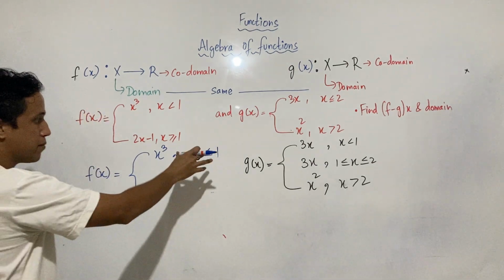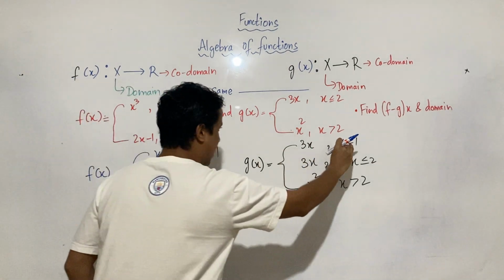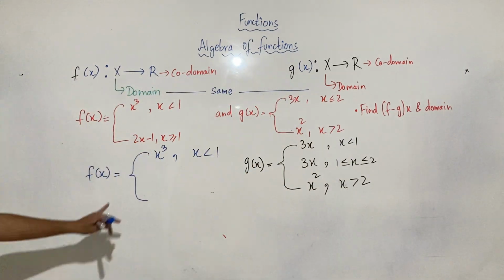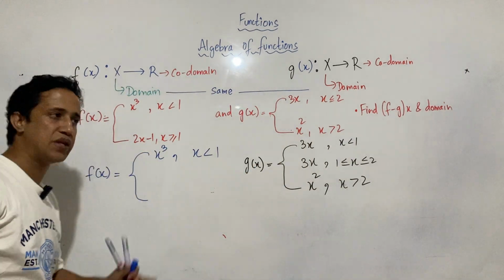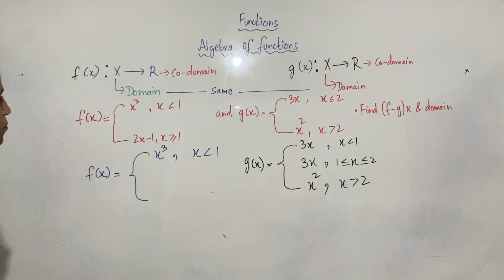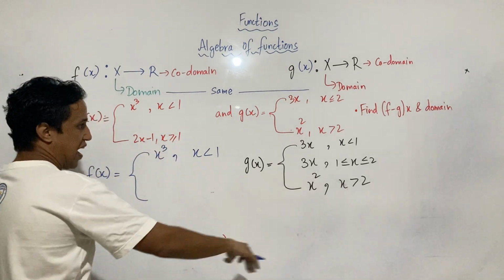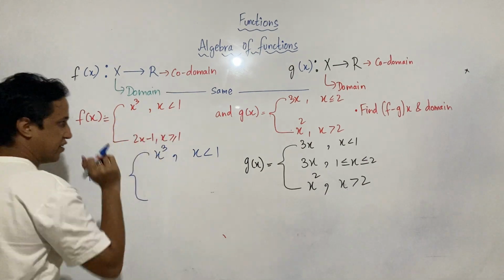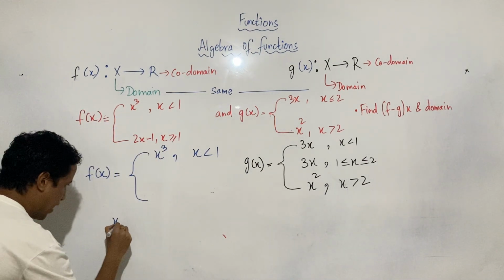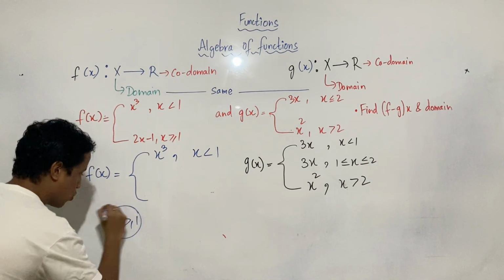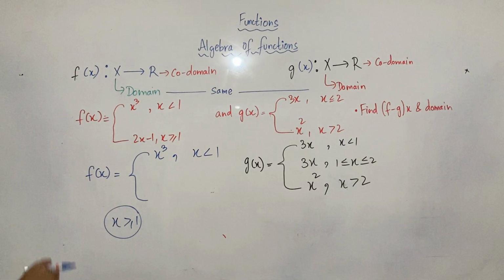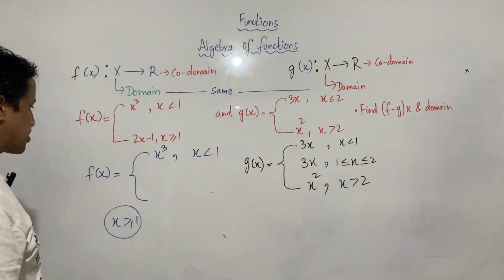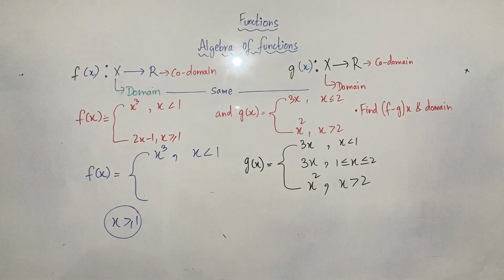Understand? So see here, my domain is x less than 1. Here I got x less than 1, and here the definition says x cubed. That's fine. Okay? But here I have from 1 to 2. But here, again, I will break this thing. So x greater than 1. So what I can do is x greater than or equal to 1. Okay, so again,